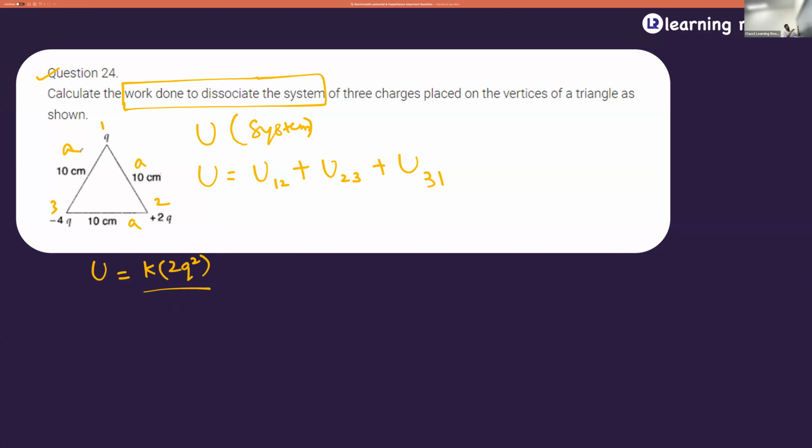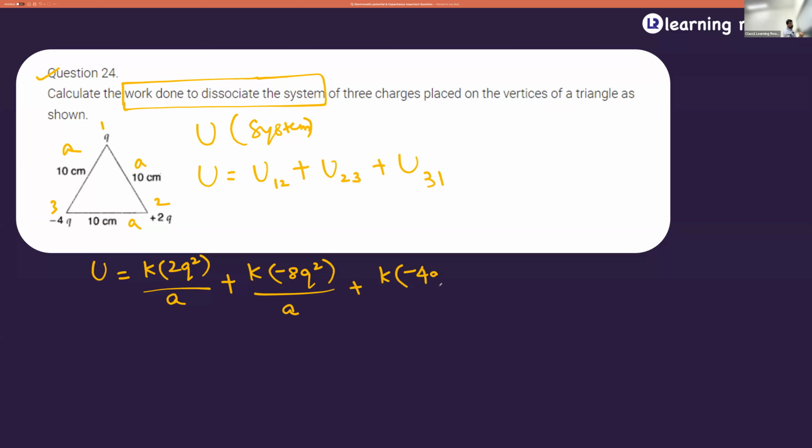If you observe the diagram, it clearly says it's an equilateral triangle. So K into 2Q square divided by A plus U23 is K into 2Q into minus 4Q, so it is going to be minus 8Q square divided by A plus K into